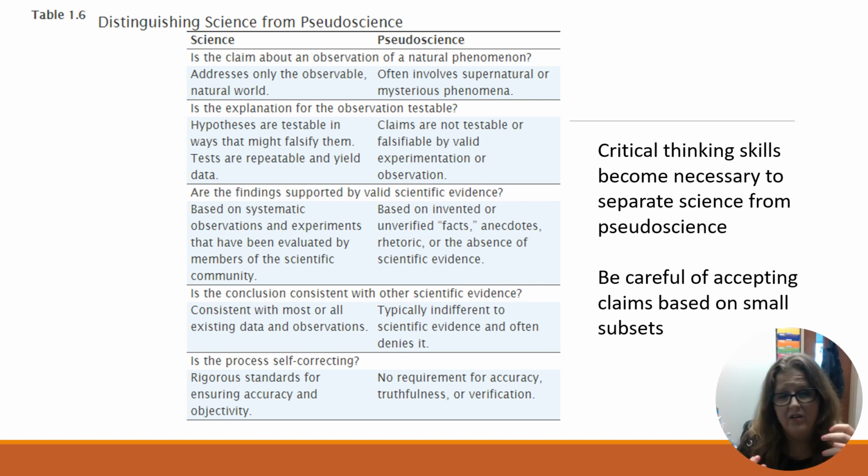Can the experiment be replicated? That's the other big thing. If I do an experiment and I publish results, you should be able to go and replicate that experiment. And if you can't, then we need to see what was going on. Was there an issue on my end? Did I interpret something wrong? Was there some contamination? Was there some bias on my end? That's where science is self-correcting. Whereas pseudoscience tends to say, this is the way it is because we said so. All right, and I believe that is the